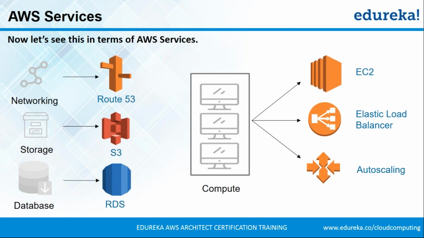But when you're using auto scaling, you always use the elastic load balancer as well. Why? Because what elastic load balancer does is it distributes your workload equally among the number of servers which are running. So if auto scaling spins up a new server, the traffic has to be distributed among the servers that were already there plus the new server, right? So this is managed by the elastic load balancer. So coming back to my point, we were talking about scalability. So the elastic load balancer and auto scaling solves that problem. So this setup addresses the problem of scalability, and it also addresses the problem of expense.